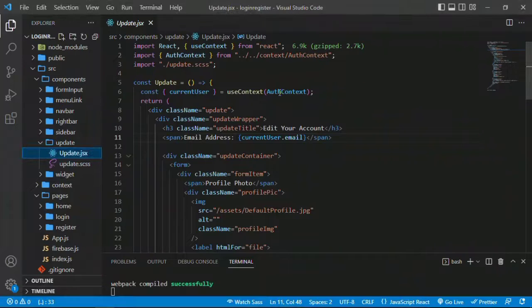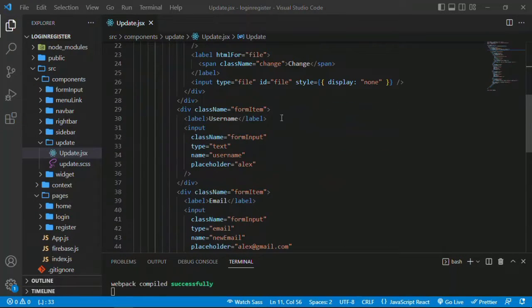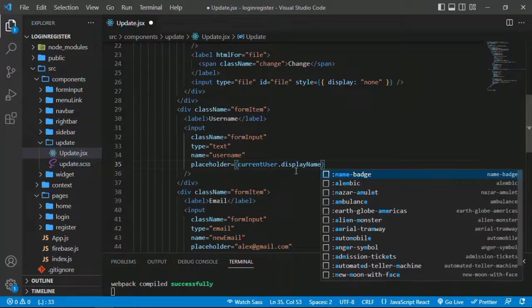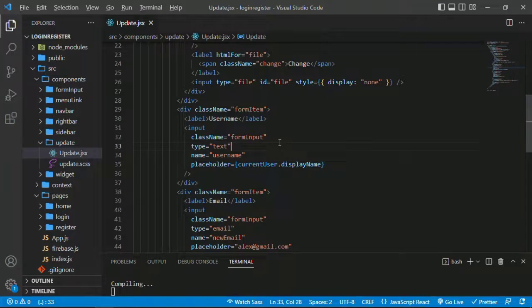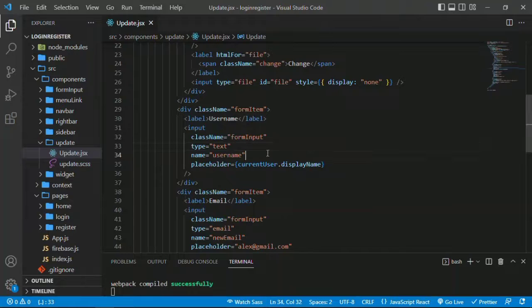So in our update.js, what I want to do here pretty quick is to have my placeholder. We want to change the placeholder, so I'm just going to get rid of this Alex, and then here I'm going to write current user dot display name. Check that and see. You can see here we have it Jimmy. Okay, alright, so let's change the